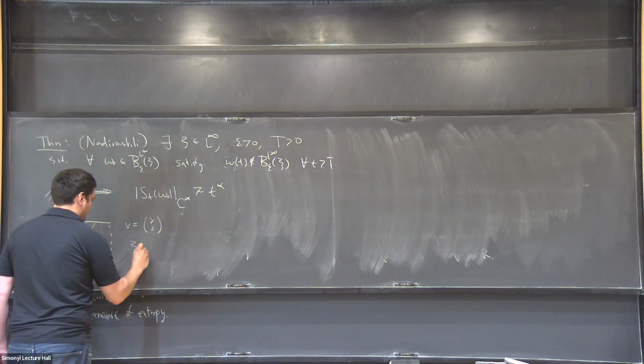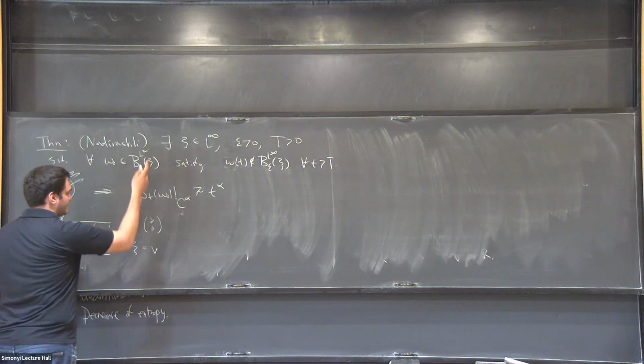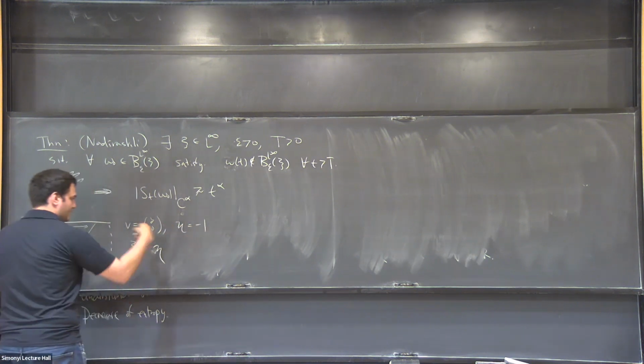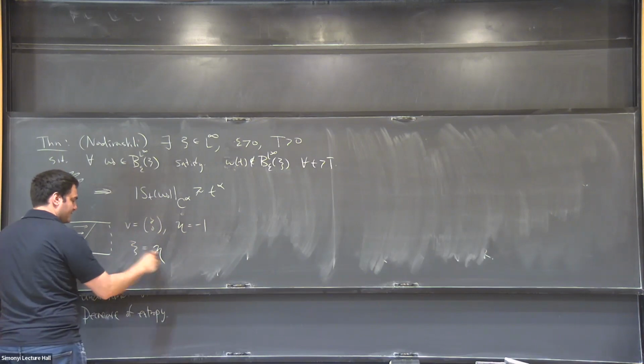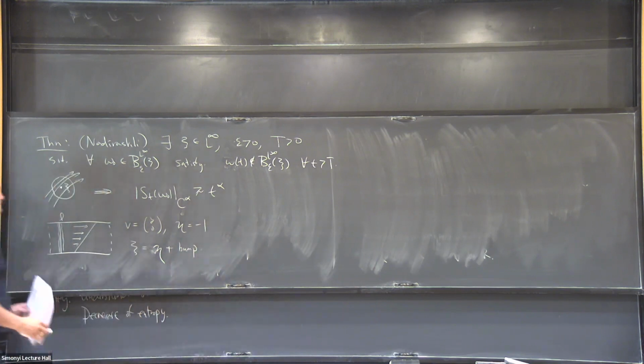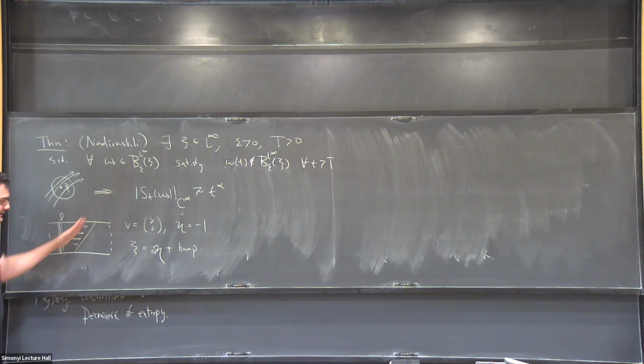So zeta is the vorticity. So the vorticity of Couette is -1. So zeta is that vorticity plus this bump. And now, why is it wandering? Well, first of all, Couette flow is non-linearly stable for Euler in L infinity vorticity, in fact. In particular, it's non-linearly stable in L infinity of velocity. I mean, at least it implies that the L infinity norm of the velocity stays close to its initial data